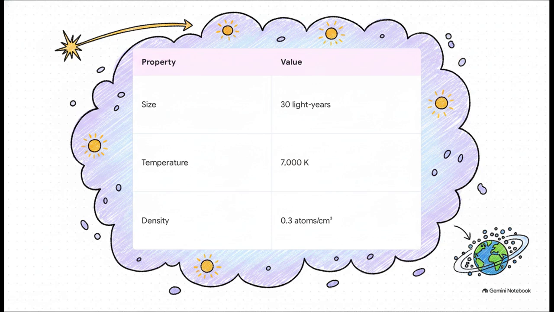But here is the crazy part. The temperature of this cloud is about 7,000 Kelvin. That is nearly the temperature of the Sun's surface. Now, you might be wondering, why aren't we burning up? Well, its density is incredibly low. We're talking just 0.3 atoms per cubic centimeter. To put that into perspective, Earth's atmosphere, even at the very edge of space, has about 12 trillion molecules per